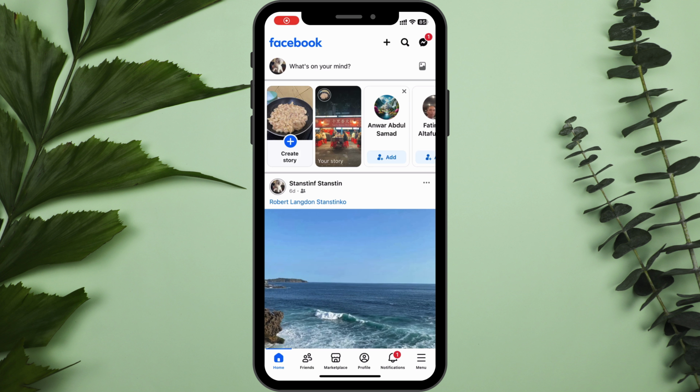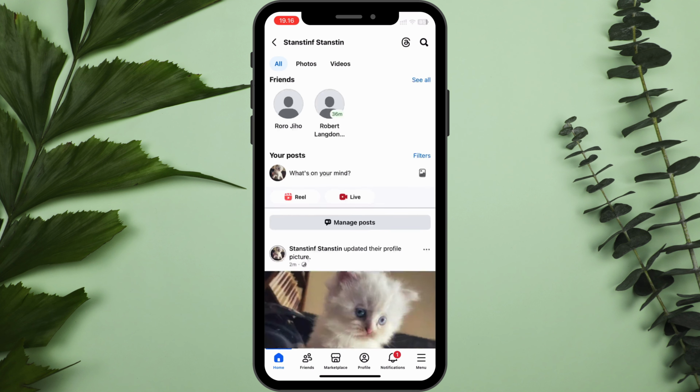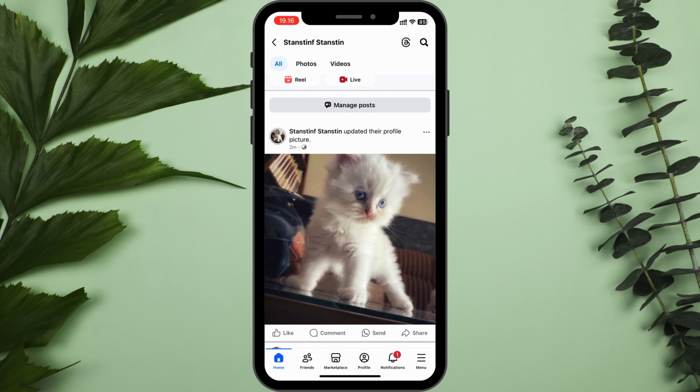How to turn off comments on your Facebook profile picture post. So what you want to do is go to your profile page by clicking on your top left of your screen, and you want to scroll down until you find the post where you update your profile picture, where it says updated their profile picture. And after that, you want to click on the three dots on the post